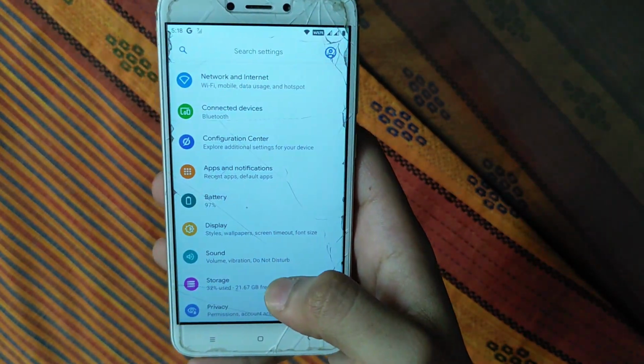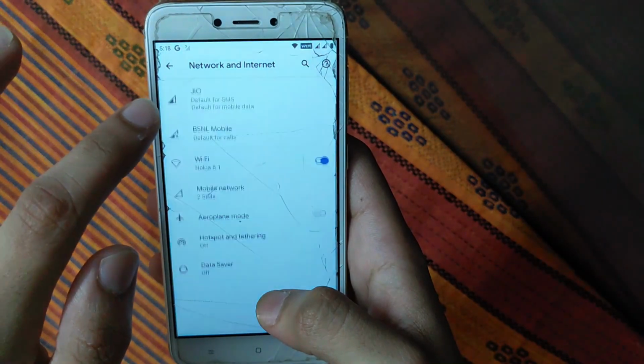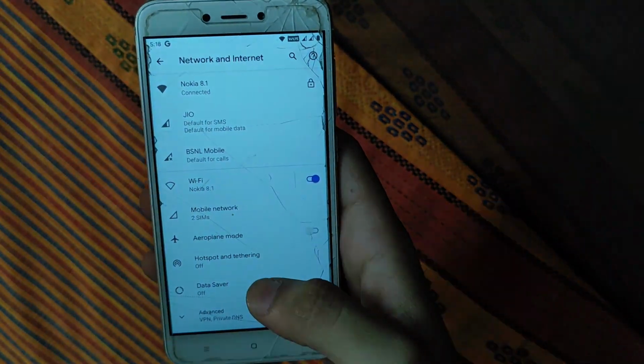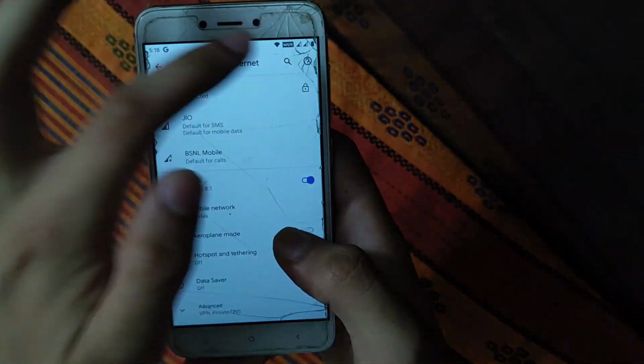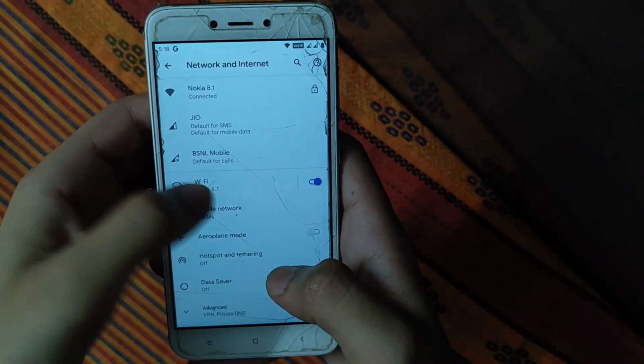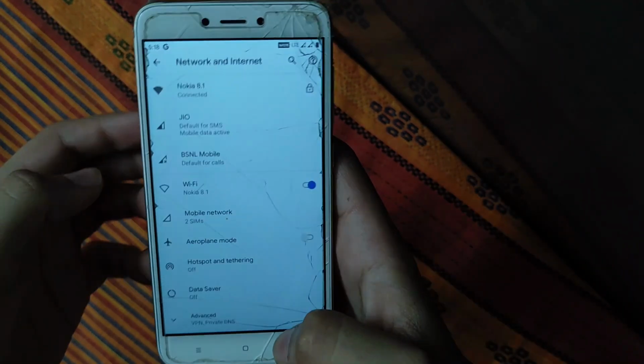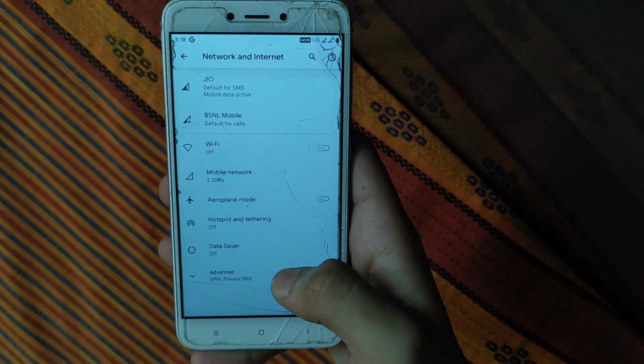Let's check the features of this ROM and the bugs in this ROM. Minor bugs can be detected only by using this ROM for 15 to 20 days. Here you can see the GUI is working properly, Vault is also working properly, no problem in Vault. Wi-Fi is also working properly. You can easily log in to a Google account. No need to flash GApps.